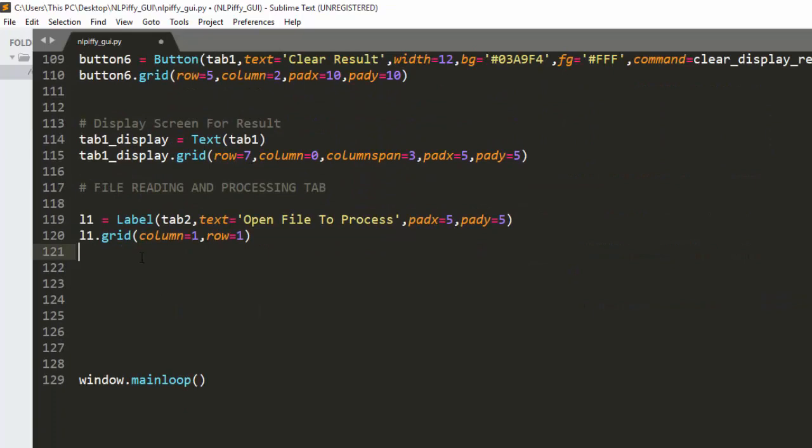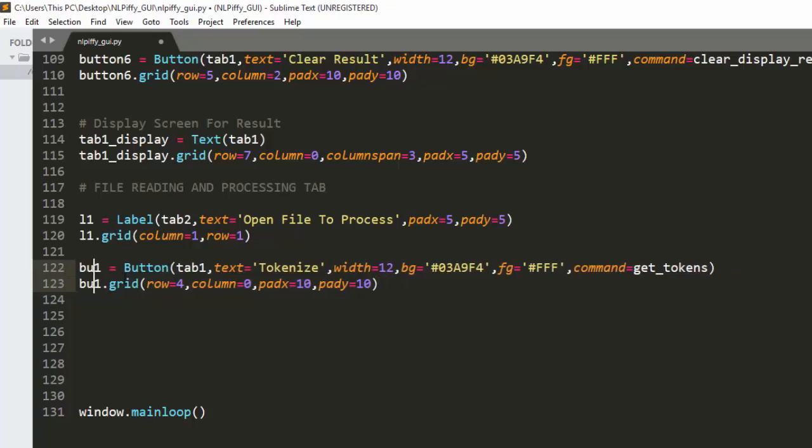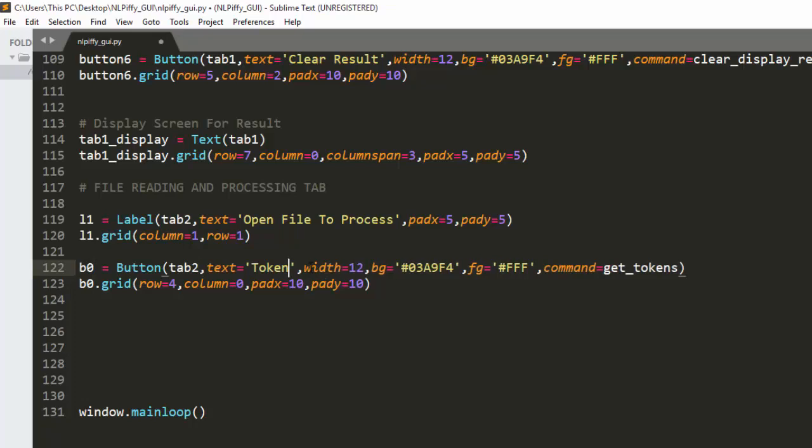Right? And then let's paste this particular button here. Let's not call it just button here so that it doesn't confuse us. I'm just going to call it B0, to keep it different from the previous one. And I have to change this one to 2, because of the same thing. And then here I'm going to call it open